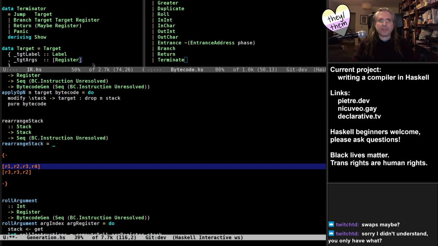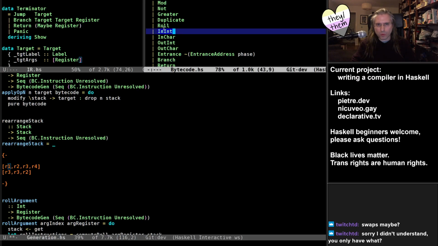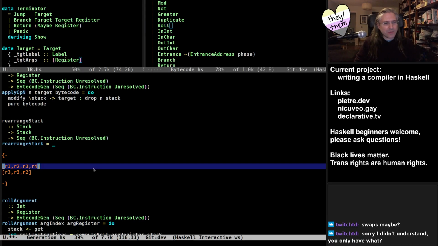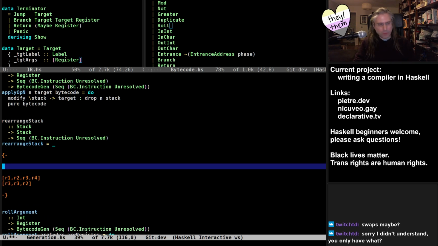Oh, sorry. The thing is, I'm targeting only the Piètre language, and there is no swap at all. The only thing I have in my arsenal for stack manipulation is roll. And what roll does is it pops the two first values on top of the stack, and it shifts the y values of the top of the stack by x steps. So if I have a stack that is this, those two registers on top of the stack, with the top of the stack being here,